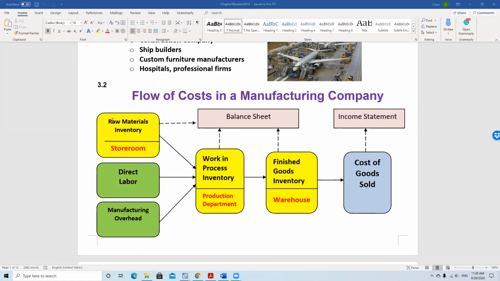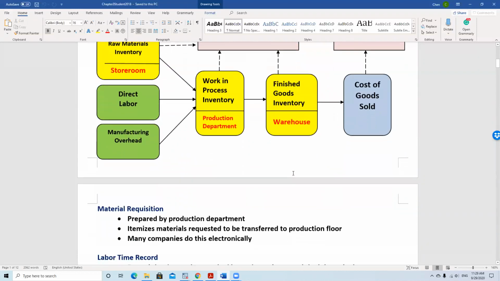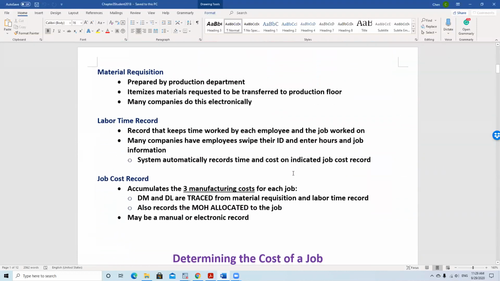So three flows of costs: direct raw material, work in progress, and finished goods. There are three kinds of inventory for manufacturing companies on their balance sheet. And then the finished goods will go to the income statement as cost of goods sold. When you sell your product, when Ford sells cars, they're going to record the cost of goods sold from the finished goods. Okay, so